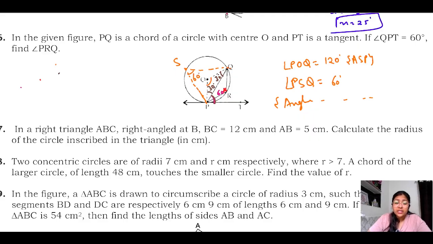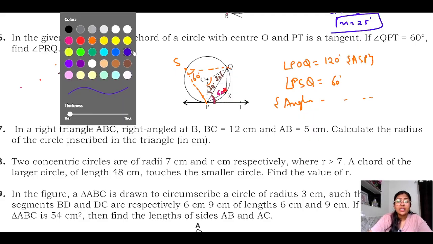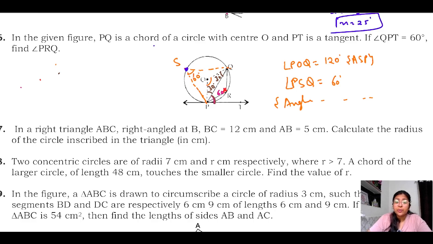If this angle is 60 degrees, we also learned that it is a cyclic quadrilateral, yes or no? It is a cyclic quadrilateral because it is touching the circle at 4 distinct points. And we have read the property of the cyclic quadrilateral that the opposite angle sum is 180 degrees. If this angle is 60 degrees, then this angle will be 120 degrees. Yes, very good. So the angle PRQ is 120 degrees by the cyclic quadrilateral property. Okay, learners, this question is clear to you? Okay, move to the next question.